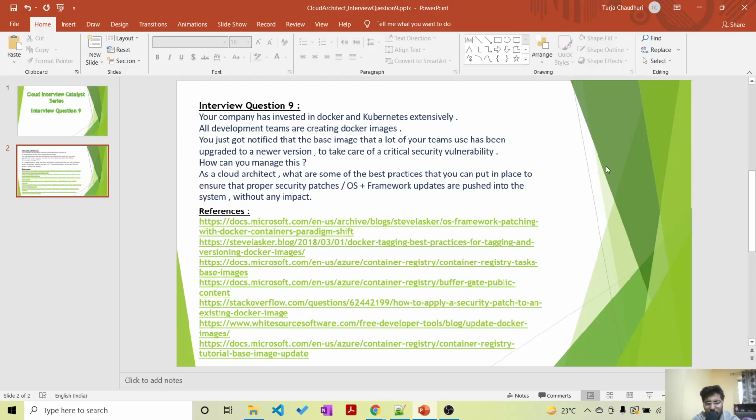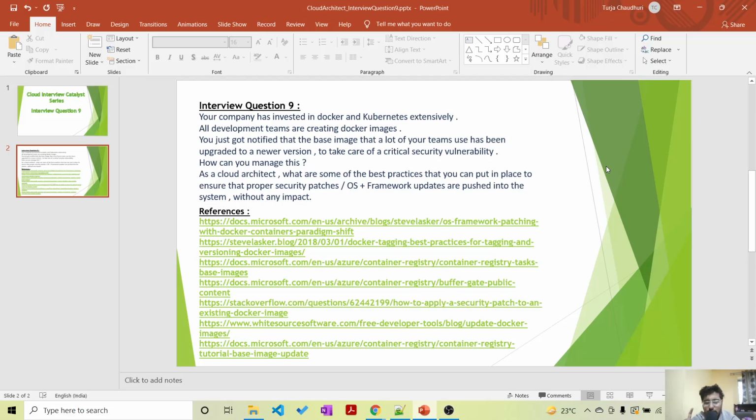Earlier, what we could have done, we could have patched all the VMs, right? But with immutable architecture with Docker, we just need to patch the base image and ensure that once the base image is updated from 15 to 15.2, it triggers a pipeline that updates all my images which were created from the base image. Say I have created 100 images. Ideally, I need to recreate all those 100 images using this new base image.